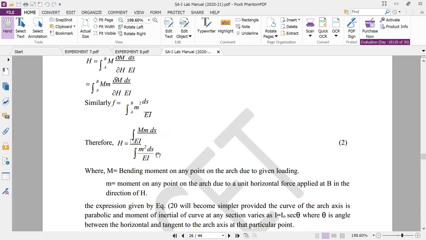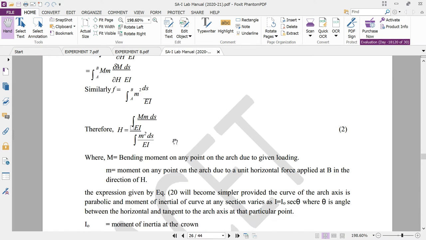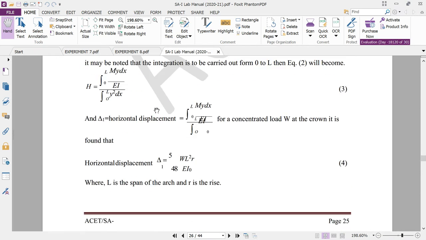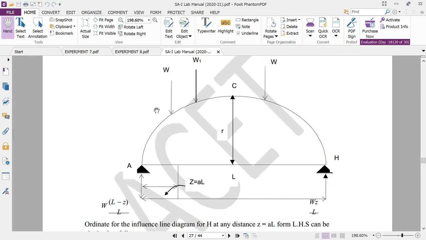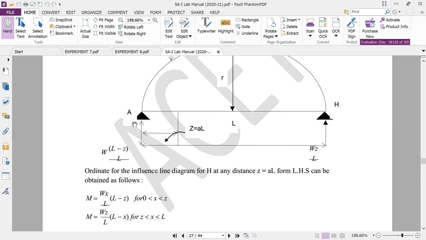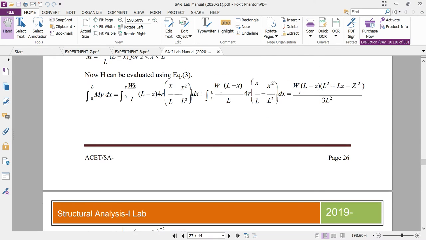We have already solved this type of numerical under unit number 4 under 2-hinge arches. Okay, so this is a typical strain energy formula. By using the integral of M square ds by EI, we can easily get the horizontal thrust or unknown reactions. Okay, now let us see the procedure. So you can place n number of loadings on the arch, and you can easily get the horizontal thrust as well as the bending moment diagram.